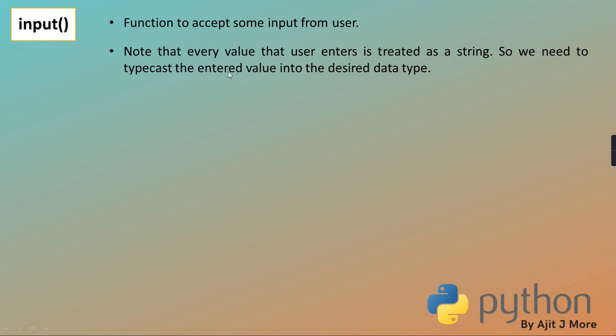So all the values entered are strings, and we need to typecast the entered value to the desired type. Typecasting means conversion: converting the value from one type to another. So you have to do the casting by using the casting functions. They have provided such functions. Quickly I'll give you the syntax: input, and then you pass a prompt to it. This prompt is not mandatory. If you give it, that prompt will come, the cursor will blink, you will enter something, and whatever you enter, it will return as a string object. And if you want it in the respective type, you have to cast it.